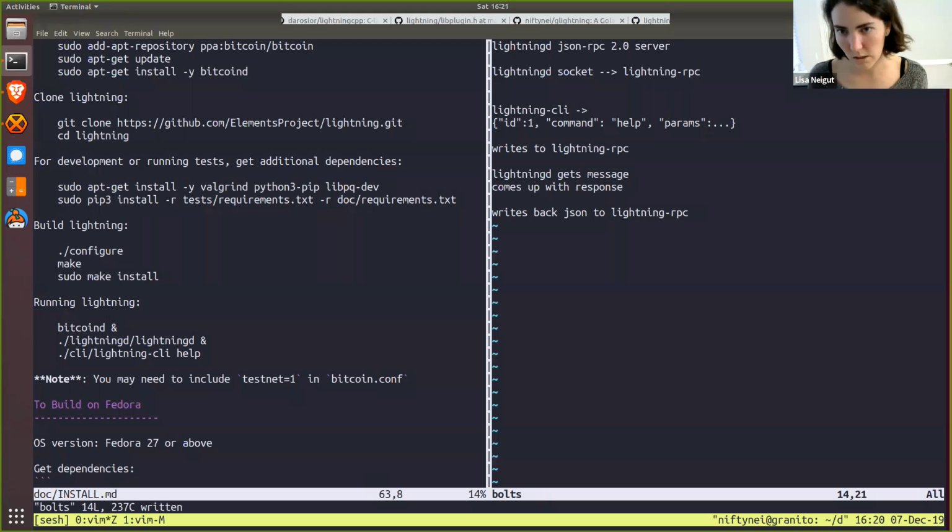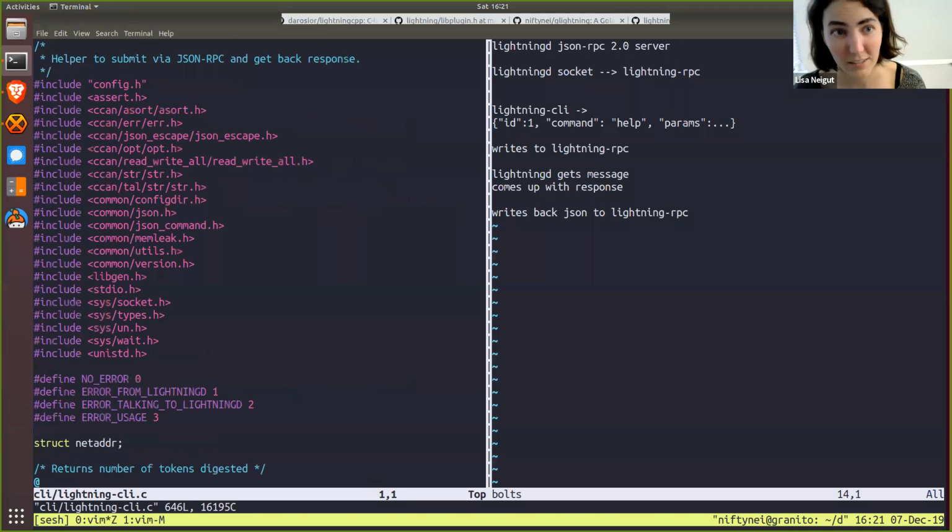To make this a little more concrete, let's go ahead and look at what the code for Lightning CLI looks like. So again, down here is where I'm opening files, you can kind of see where they are. I'm going to open up CLI, and it's just called lightning-cli.c because it is a single file. Right, great. So here's the top, it says it's a helper to submit via JSON RPC and get back a